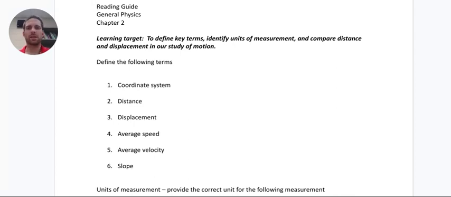This is Mr. Humbard here, and today my video is going to be over the Chapter 2 reading guide. So, a coordinate system is a frame of reference